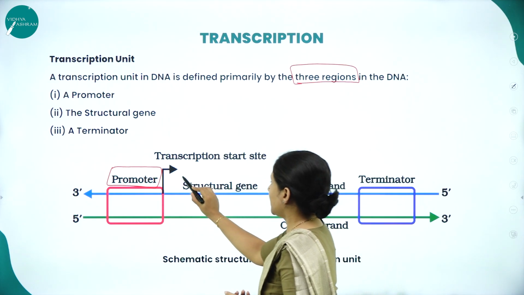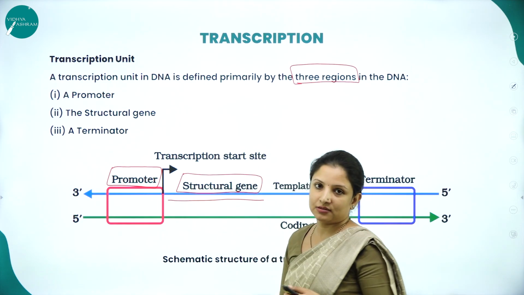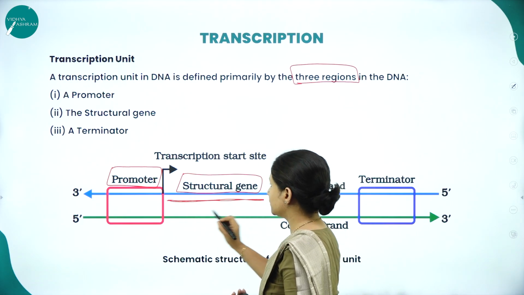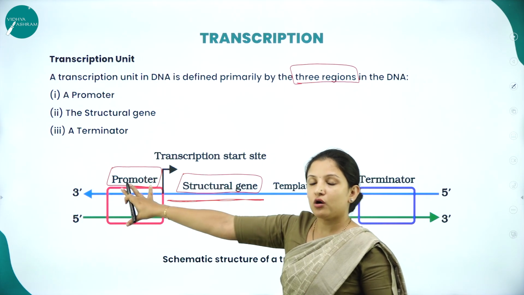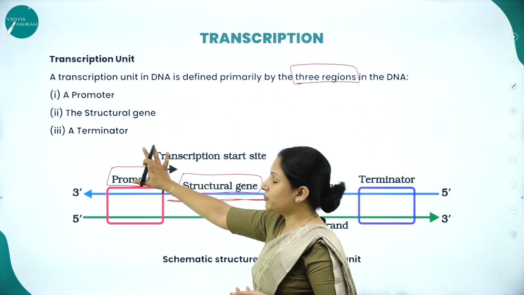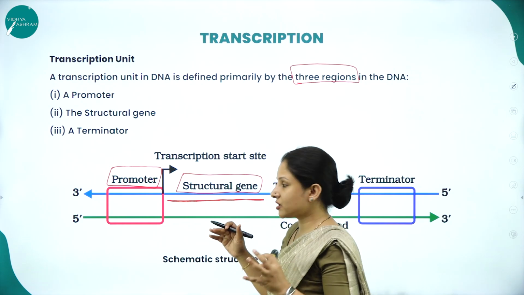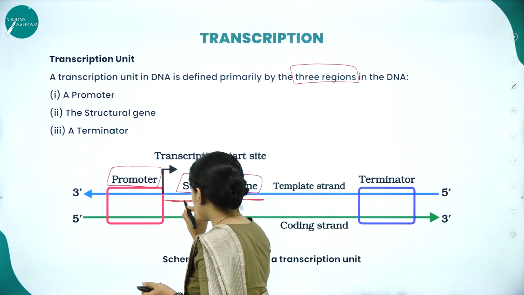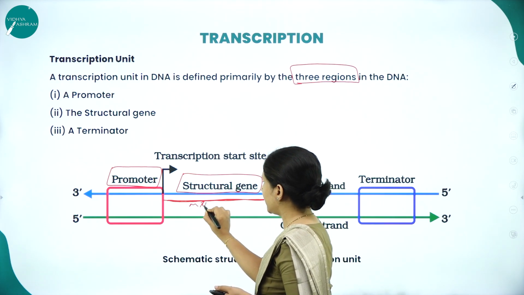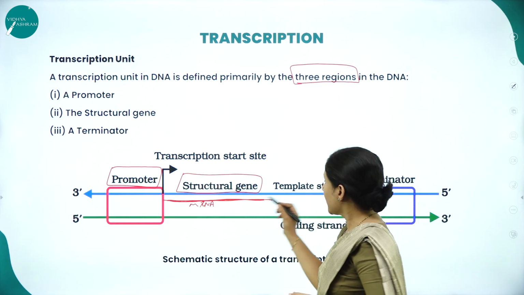Next there are the structural genes. In the structural genes, the copying happens, that is, the complementary nucleotides, so all the complementary strands will start getting produced. The enzyme involved in the process, that is the RNA polymerase enzyme, will go and bind at the promoter region. There itself the transcription will initiate. After the transcription is initiated, the mRNA strand will start to elongate like this. So this is the mRNA strand. It will elongate and complementary nucleotides will get formed, and it has to end.